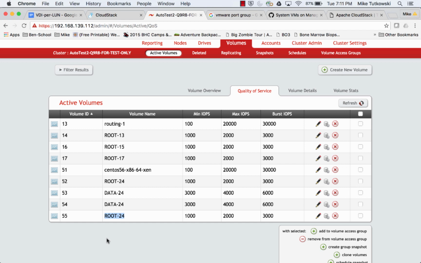It will get the contents of that virtual disk image copied to it, and the storage repository that contains that newly created virtual disk image is visible to both of the hosts in